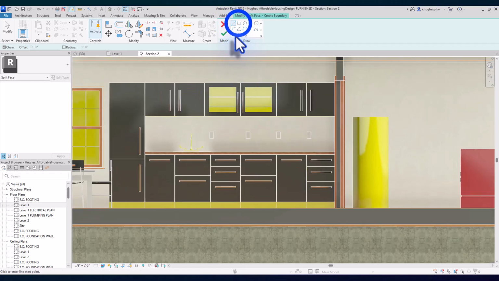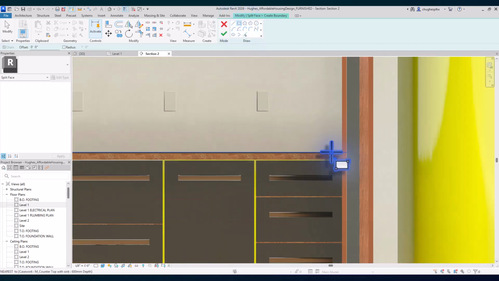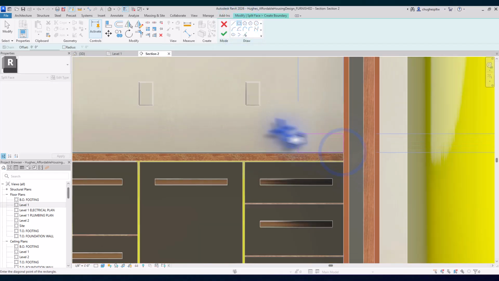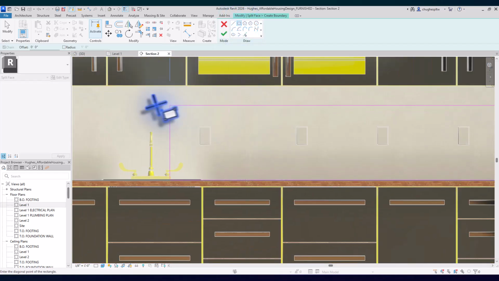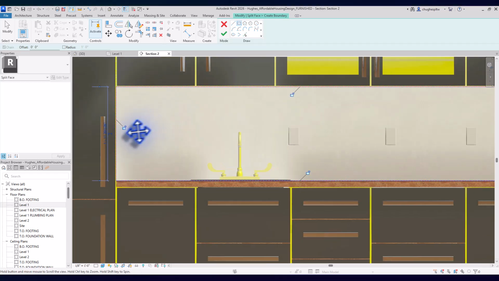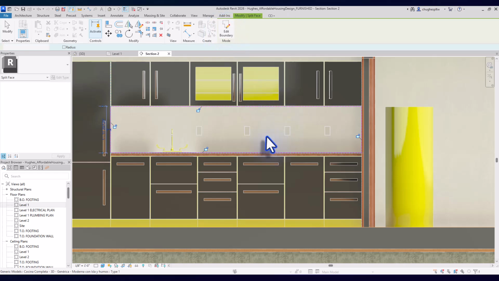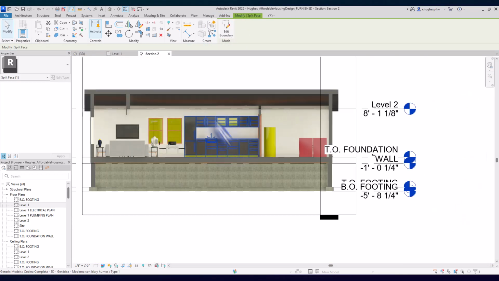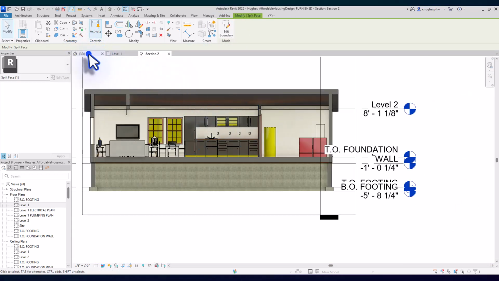But what I'm going to do is take the rectangle tool and zoom in, and I want to split this portion so that it's just everything underneath here. And I'm going to make sure I'm just inside of the cabinets. Let's see how we do here. I'm going to hit the green check mark. So it doesn't look like anything really happens, but if I go to the 3D view,